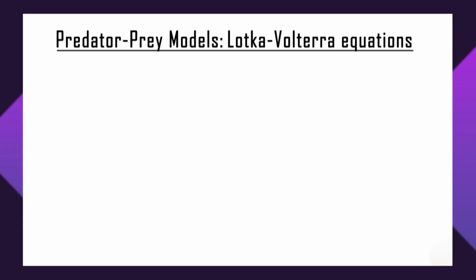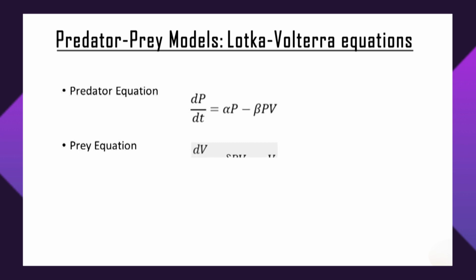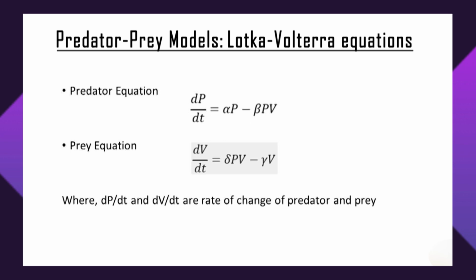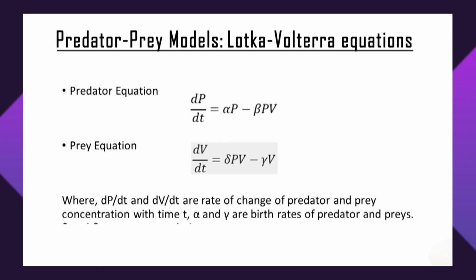Now the last model is called the prey-predator model. It is also called the Lotka-Volterra model. It was given by two scientists, Lotka and Volterra. In this, the populations of prey and predators are imagined to inhabit together, and the prey's population is influenced by the predators. The assumptions are that the food supply to the prey is unlimited, and the predators depend on the prey's size. The equation is given in this figure, and let's talk about the interactions between prey and predator populations.